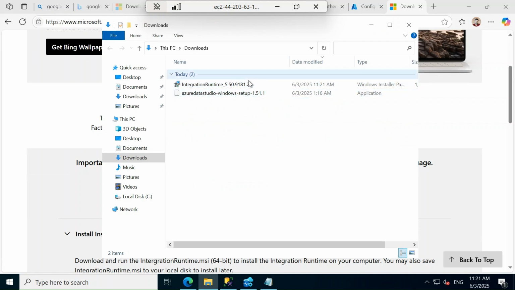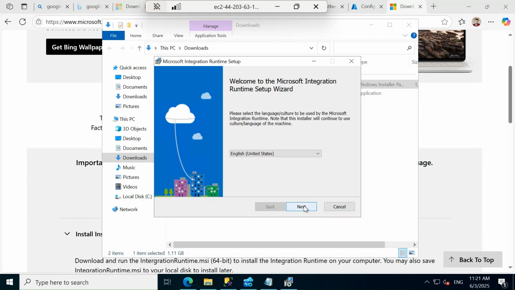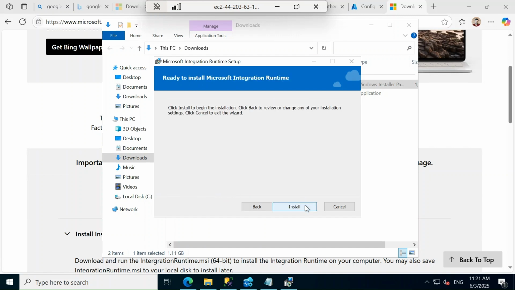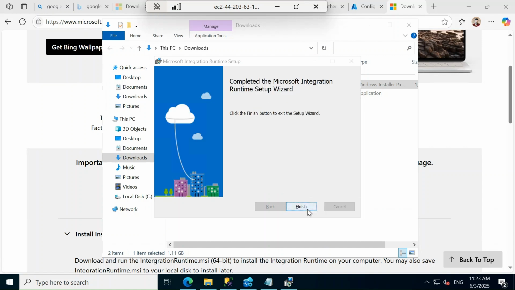Now the file is downloaded. Just double click on it and install. There are default settings, nothing you have to change, and done. Click finish,